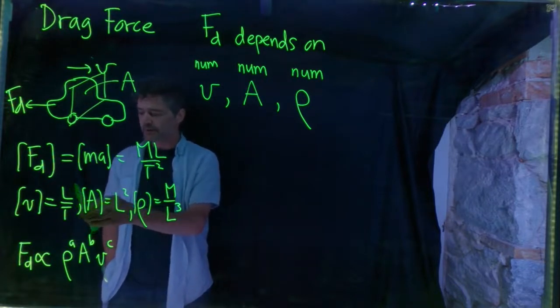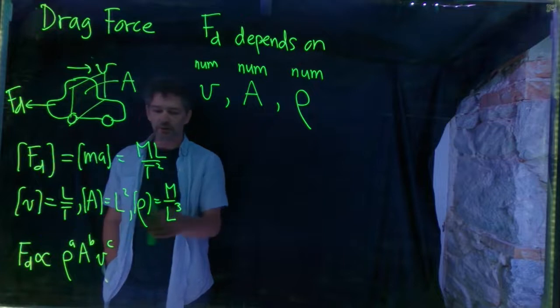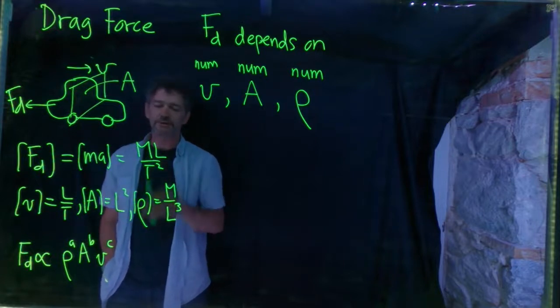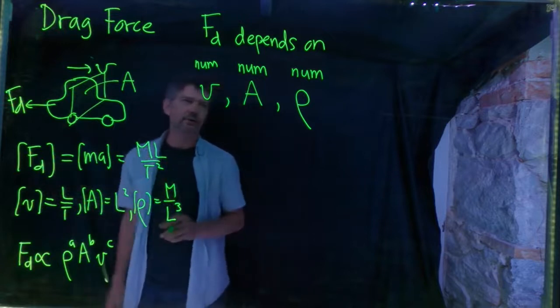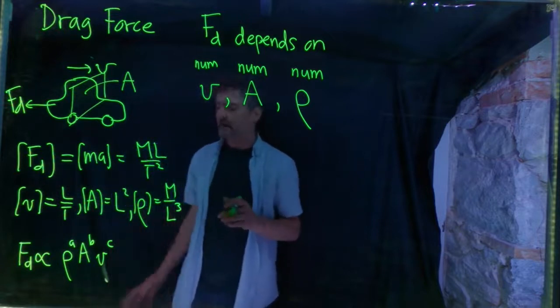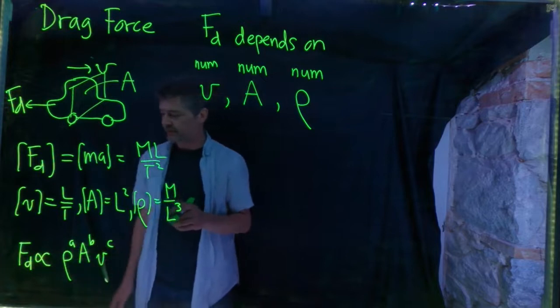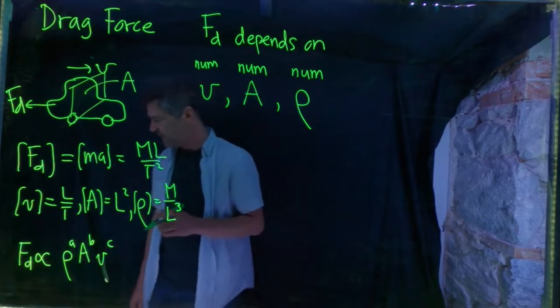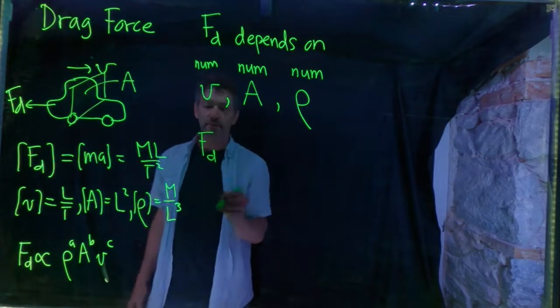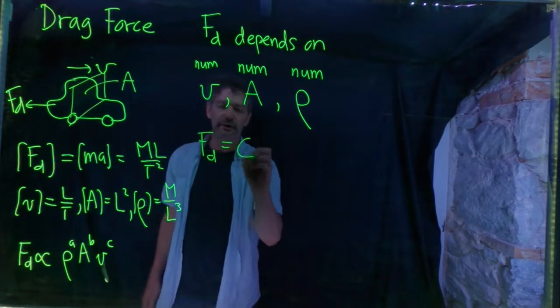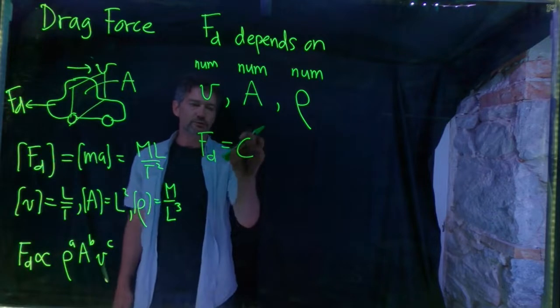You can see v squared is length squared over time squared, multiplied by what we had before, which will give you mass length over time squared. So you can also just sort of eyeball it, as you get better at this and figure it out. But anyways, we can see that the force is proportional to this. And if you work it out, you get that the drag force is equal to some unknown